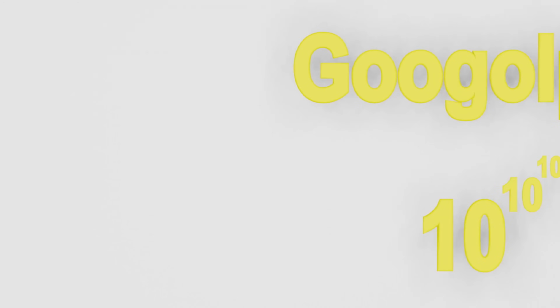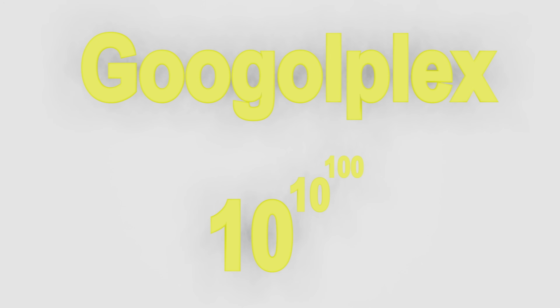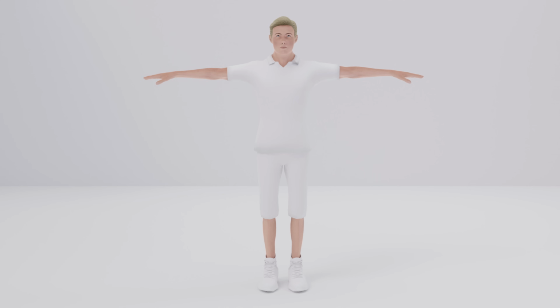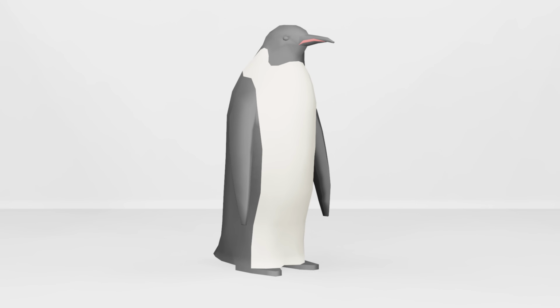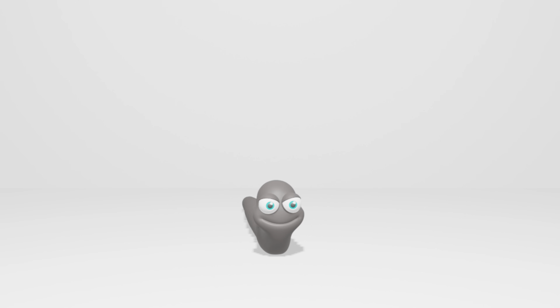We have now reached googolplex, which is 1 followed by googol zeros, or 10 to the 10 to the 100. To grasp how big this is, think about this. An average human takes up 1 meter cubed of space. In 1 meter cubed, there is 10 to the 10 to the 70 ways of particles arranging themselves. This means that in this space, particles could arrange themselves into a penguin, a cat, a clock, a worm, and